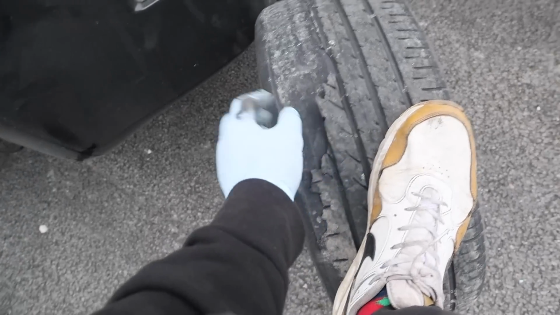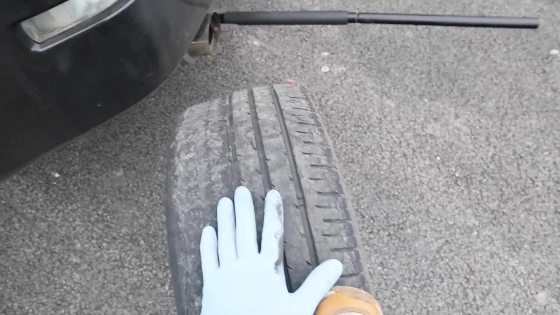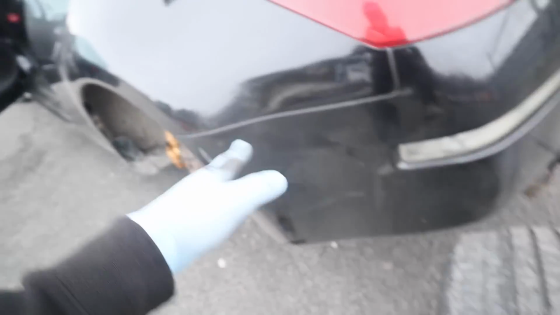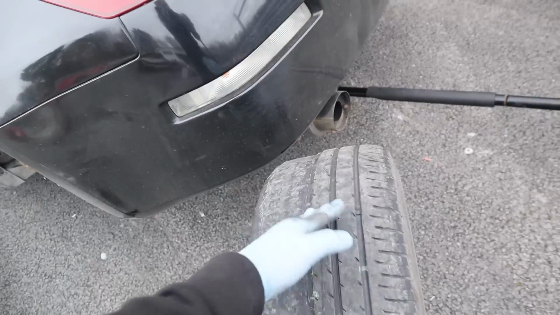So I'm not sure why it's doing it, but this side of the tyre has not even been touched. So what I'm going to do is put this on that side, because it's always this side getting hammered. I'm just going to add a little bit of negative camber, because I think what's happening is when